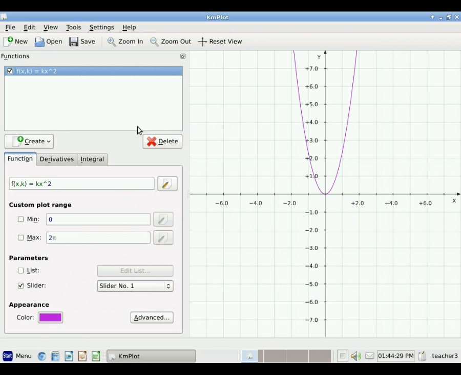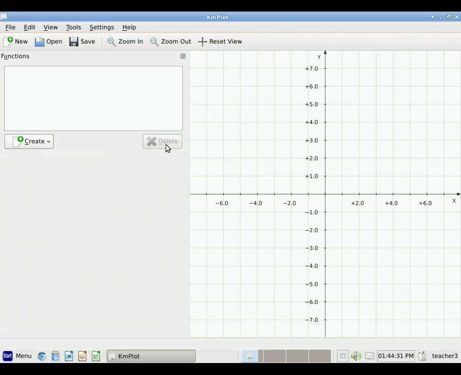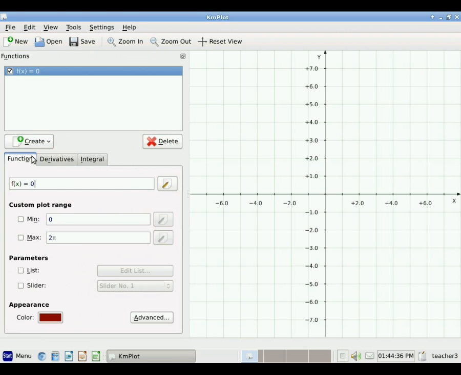Let's go ahead and delete the x squared function. What we're going to do is create a Cartesian plot, and the basic function I'm going to use here is cosine. But what I want to show to students is how this function changes as I multiply the cosine times a constant. So I'm going to add my multiplicative constant here, and remember when I do that I need to also add that to my function. And they're both green now, so that's good. So I go ahead and hit enter,